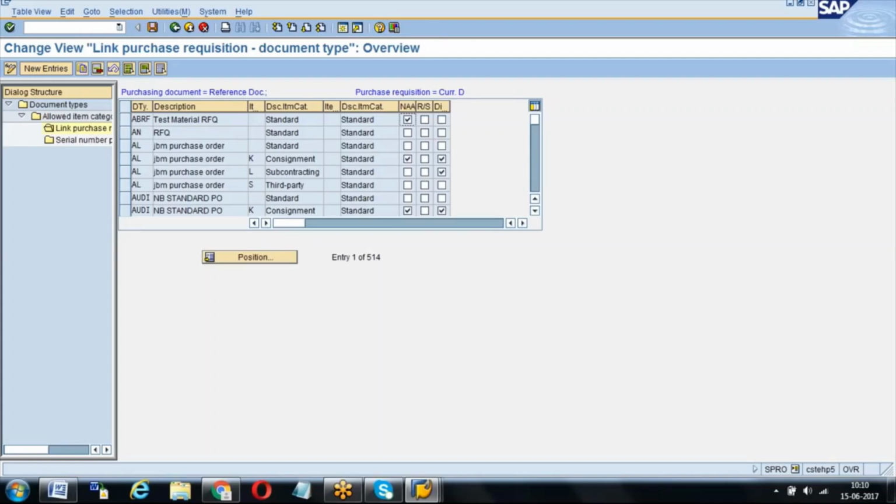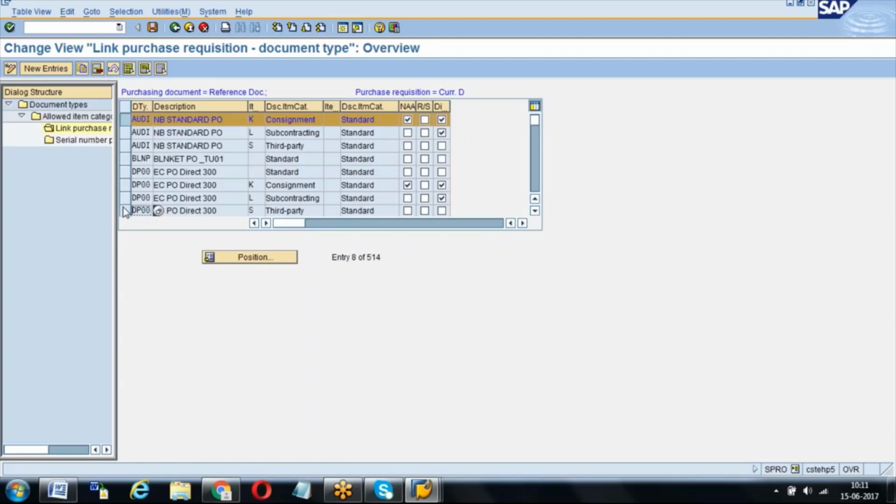What we are conveying here is which PO should not have an account assignment category, and that we can control here. In the SAP standard, for item category K we are seeing a tick mark, which means consignment PO. We will learn this when we discuss consignment procurement.